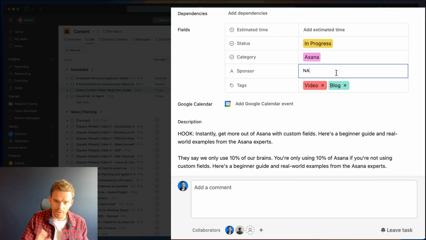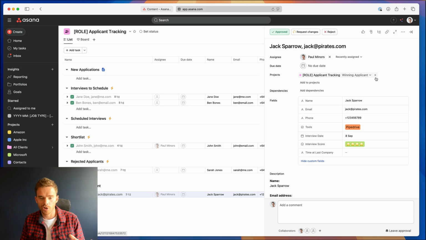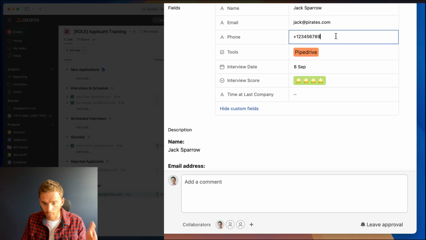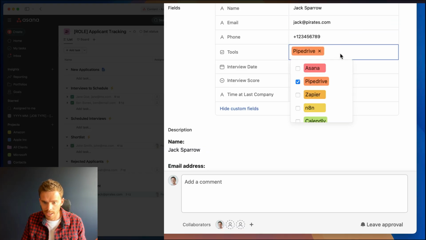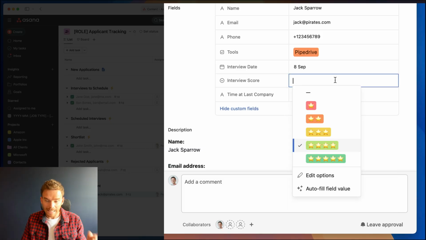If we're managing sponsored content, we can add sponsor details in here. Last week, I published a video showing how you can use Asana to track applicants when you are hiring for a new position. And here's some example fields where we're tracking applicant names, email addresses, phone numbers, the tool they're proficient in, the interview date when we're booking an interview, and really cool is you can even use emojis within